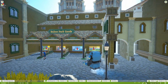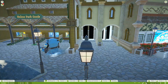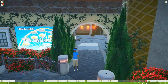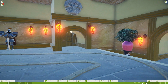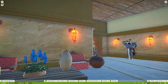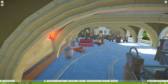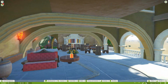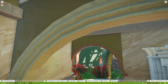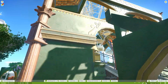Okay, going across the park area, there's another little strip of places to get places to eat and drink here, a couple restrooms, and here's the entrance for the Naboo Eye Ferris wheel. It's kind of an indoor queue line that goes through a palace type environment. That's the feel I was trying to get here. Just dressed it up with some tables and chairs and some areas, so it kind of looks like you were just going through like a palace reception area. There's also some nice views out of the archways here, one of the higher points in the park. There's also this outside part of the queue area before you actually load onto the ride,